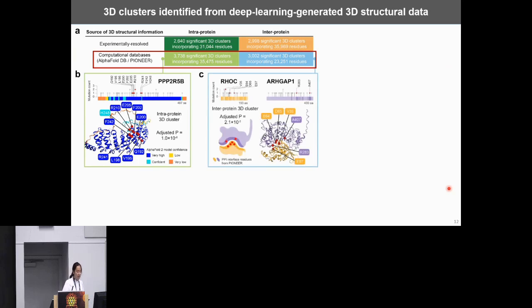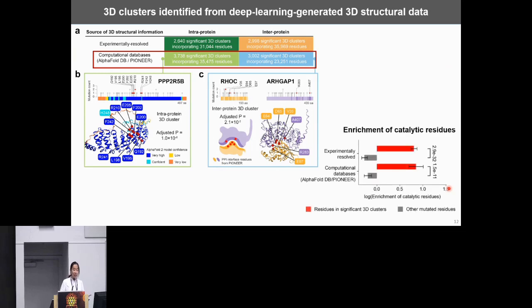And here is another example of an interprotein 3D cluster on a binding interface between 2 interacting proteins. This binding interface is uniquely generated by our Pioneer deep learning tool. When we evaluate these 3D clusters generated using deep learning generated 3D structural data, we found that they are also highly enriched for catalytic residues, which are comparable to those 3D clusters identified using experimentally generated 3D structural data. So this gives us more confidence about the quality of our 3D clustering analysis using those deep learning generated 3D